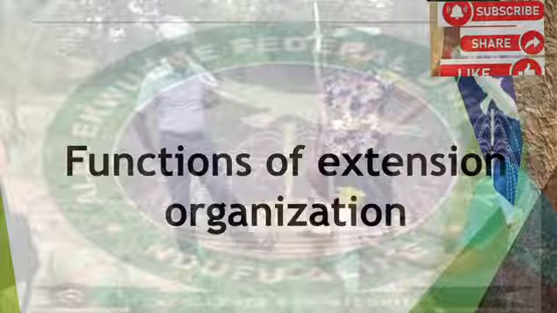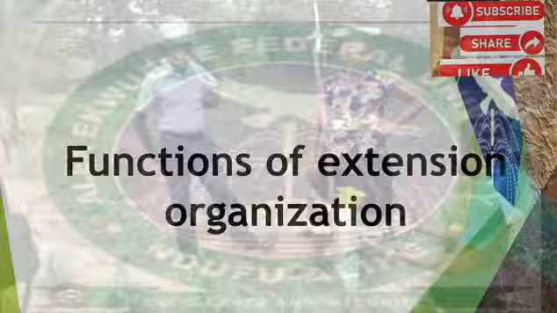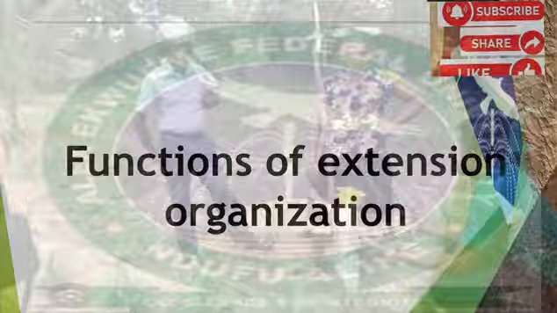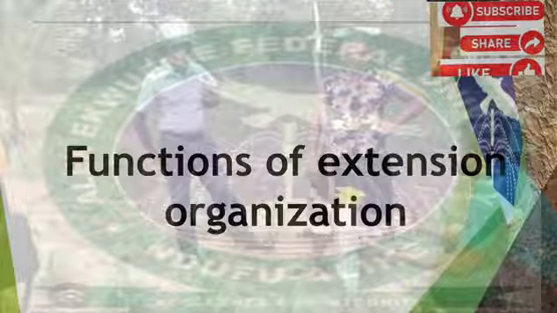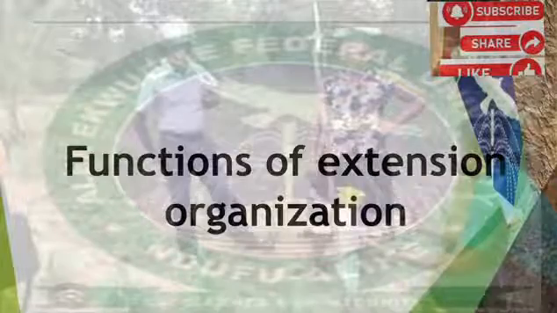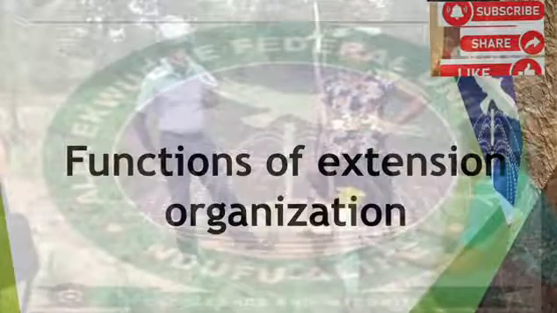The fifth one is that extension organization is there to transmit decisions downwards through its ranks by establishing a system of authority and influence. When we do not have an organization like extension organization, you will find it very difficult to have information and decisions trickle down the ranks. So it's the place of extension organization to ensure that information taken at the hierarchy trickles down the ranks.